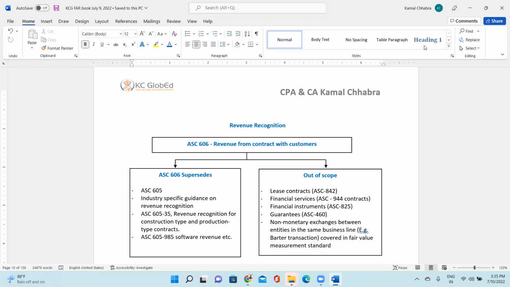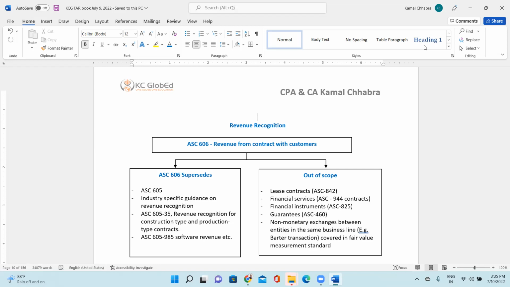Right. So first, I'll walk you through the history of ASC 606, why it has come in 2017, and as it has made it mandatory for implementation in 2018 for the listed companies, and 2019 for the non-issuers. So earlier there were many standards for recognizing revenue for different industries, but the major standard was ASC 605, which is the revenue recognition standard before ASC 606 came in place, right?